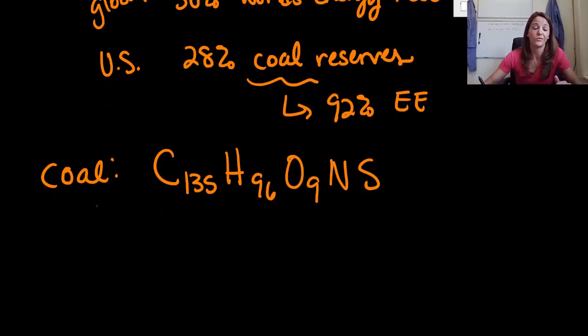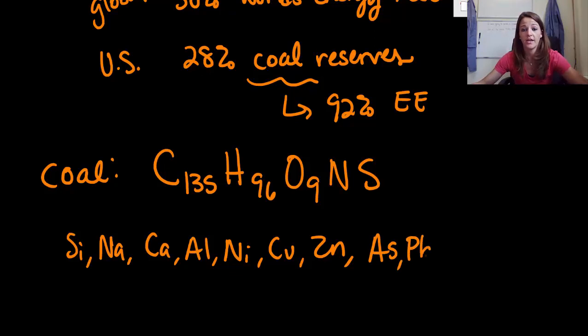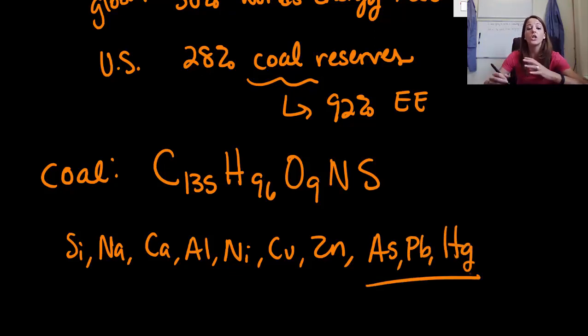However, we know from earlier units that there are a number of different pollutants that actually exist on coal as well. So here are just a few of them. Let's start off with silicon. We have sodium, calcium, aluminum, nickel, copper, and zinc. And now here are 3 just awful ones: arsenic, lead, mercury. So all of these pollutants are on coal. They're always there. It's maybe a mixture of some. So maybe this chunk of coal has a lot more mercury, or this chunk of coal has a lot of copper. But overall, in a giant supply of coal, you have all of these pollutants just hanging out there ready to go up into our atmosphere upon combustion reaction.